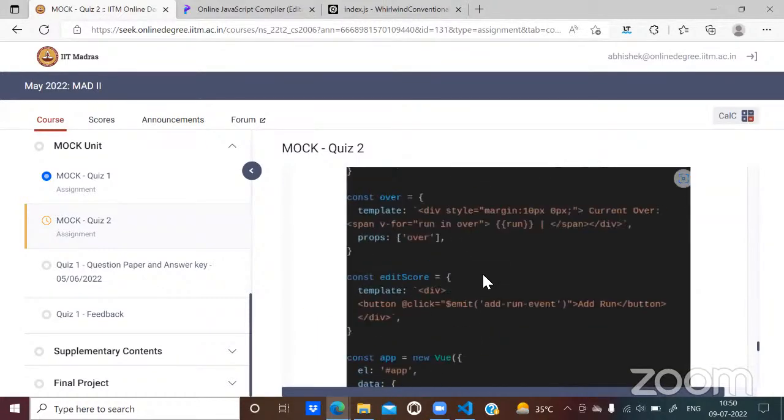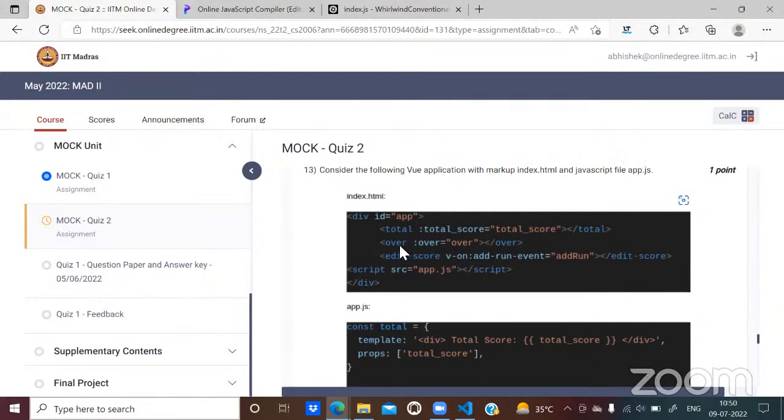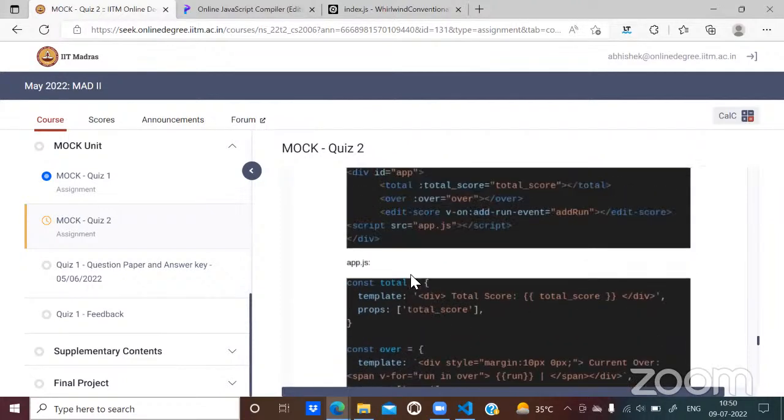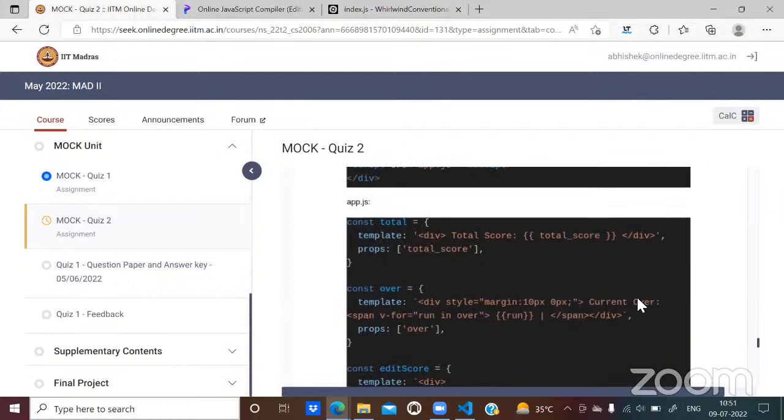But just to find out how the next component shows its output. So this over is again a component, and this is passing a prop as over itself. So what is over? We just saw that over is an array that has just one element, that is 100. Okay. So now you will go into this over component. You will show current over, and after that you will start iterating over this array. The name of that array is over, so that should not create confusion. So we are iterating over this array. We already know that there are not enough elements in this array. There is just a single element, and when that element is visited, that would be shown here.